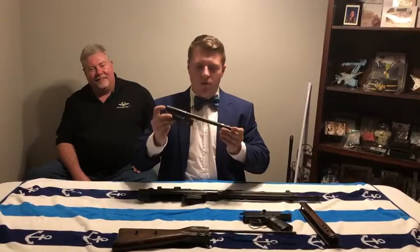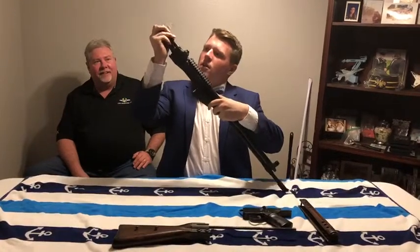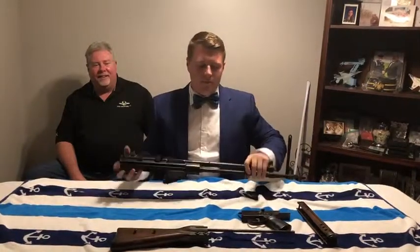Today we'll be showing you how to reassemble your freshly field stripped G3 CETME crossover mix. First thing you want to start out with is this beautiful little piece right here. All you're going to do is set your 80% piece up here, set it on the top, make sure it's all aligned, and first step done. Your next step is to take your trigger assembly, and this is the tricky part, getting it